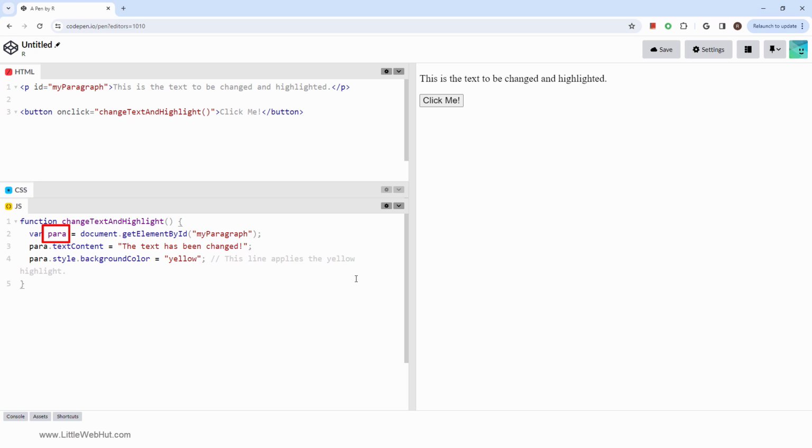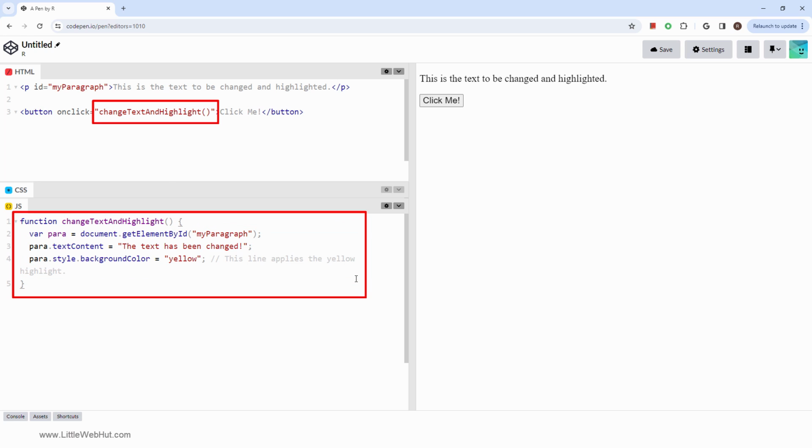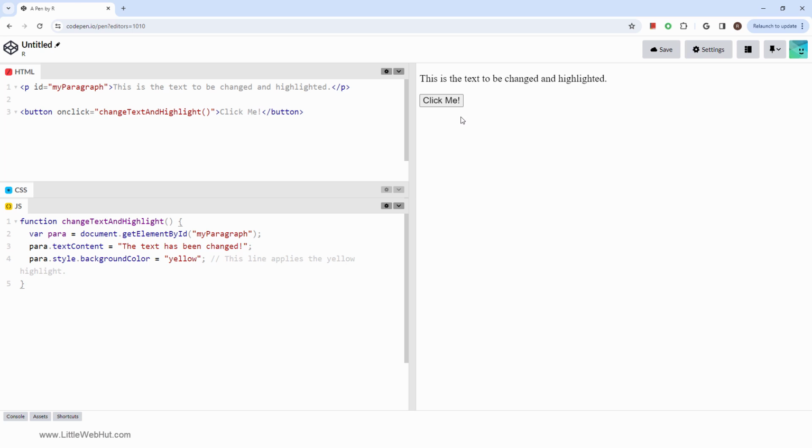For this example, now that we have the object, we'll change the text and the background color. This function is called when the button is pressed. Let's try it out. And there you have it. The text is changed and the background has been highlighted. The document.getElementById method is incredibly useful for